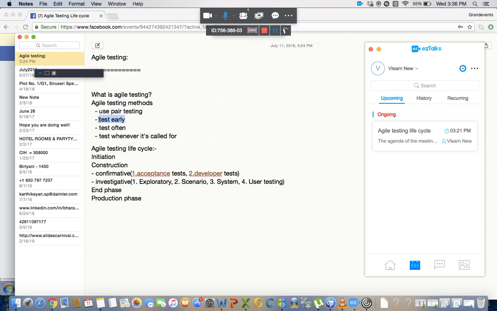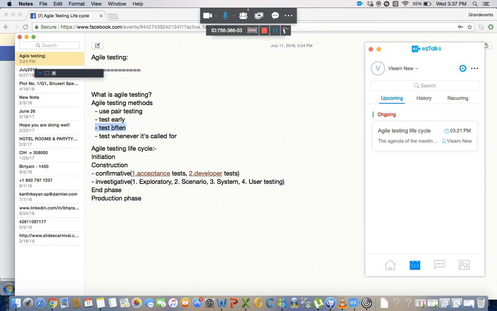So the advantages of testing early is by implementing this, many defects are identified early and the development team has enough time to fix the issue. Next is testing often. Testing often is the method where we do frequent number of tests for the project. This is done to identify more number of defects so that the quality of the project that will be delivered